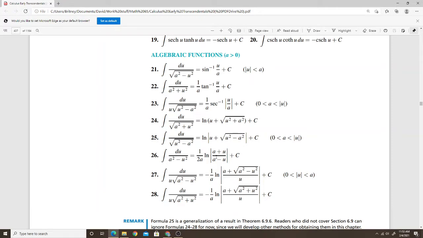This thing was kind of a weird case. It's where on certain parts of the domain it's a tanh inverse, and on other parts of the domain it's a cotangent inverse, right? But the point is that these things are all hyperbolic functions. Now,